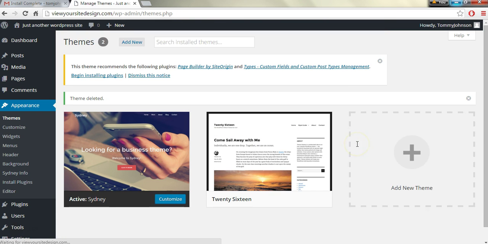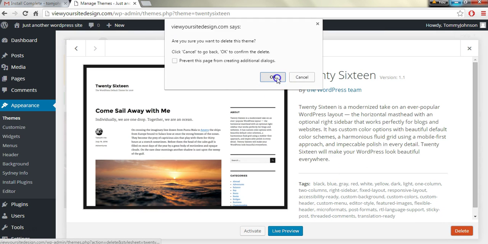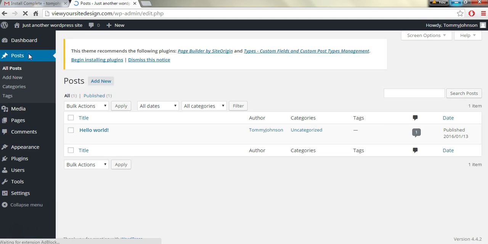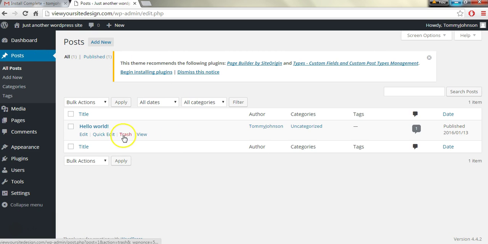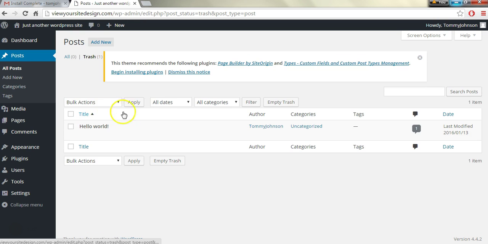and after I'm done doing that, we're going to delete some other pre-installed information here, and then we'll move on to just editing some minor things to get you started in the right direction with WordPress. So in the post section, there are also some things that come pre-installed, like this Hello World that we're going to trash, and we click the trash button,